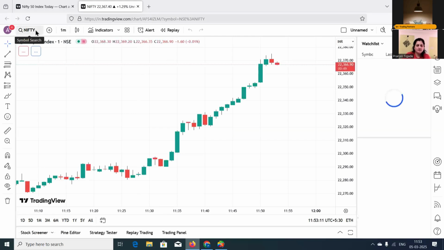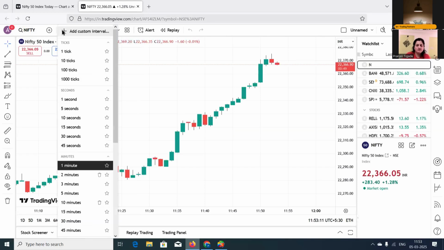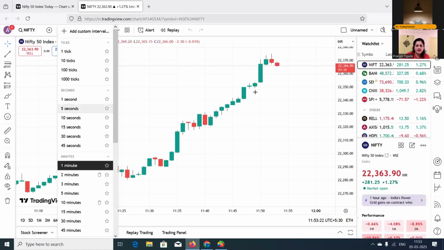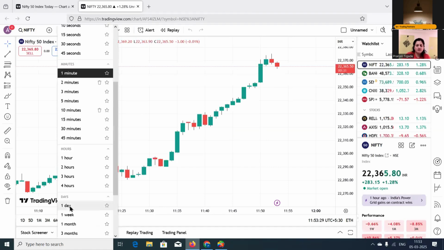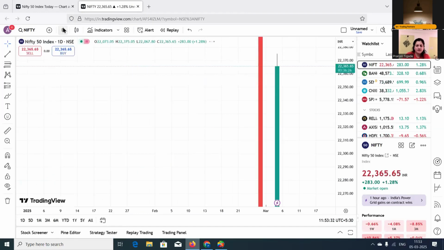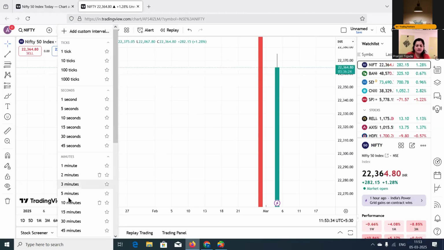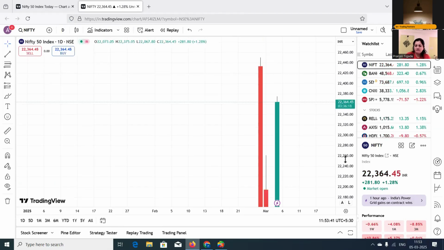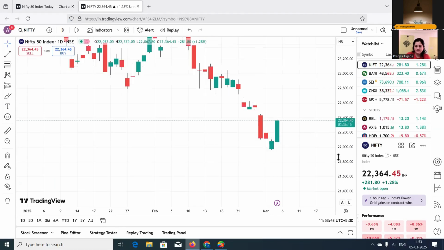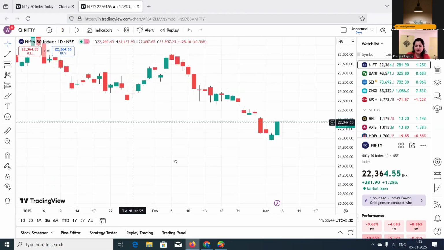Here you see the symbol name, and from here you can change the time frame. Okay. So this time frame is the candlestick time frame. So if I want to see the chart of daily Nifty, then I'll select the time frame from this drop down, and I'll select it as a daily. Okay. And it will show me daily time frame candlestick chart.